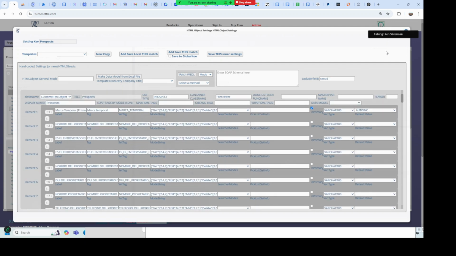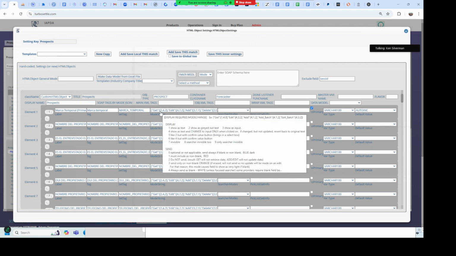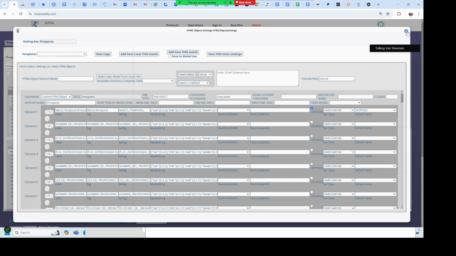Now I'm going to go one step better in a moment, if I can move this out of the way. I'm going to close this. And by the way, this mode string represents what people can do with the data, how it gets displayed. What happens when you send a record containing this data? Does it send the field or not? Why would you want to? Is it required to be sent? Etc., etc. So all of the minutia that's involved with a workflow